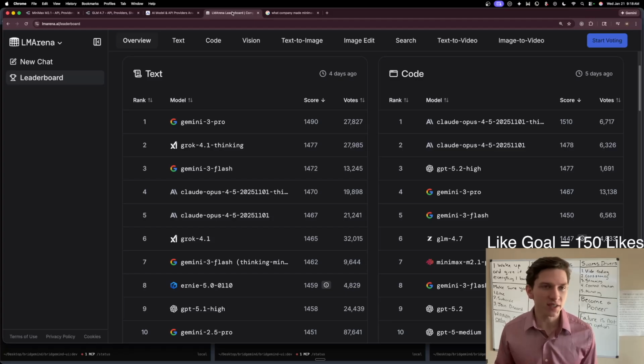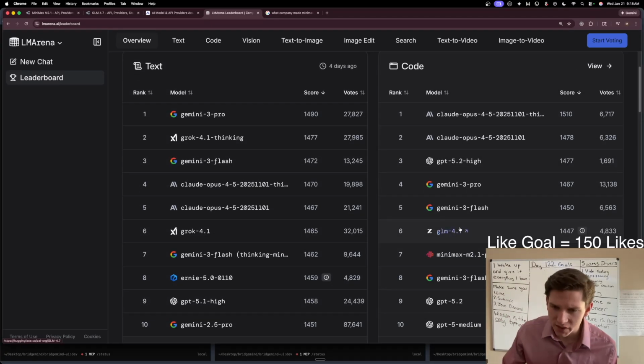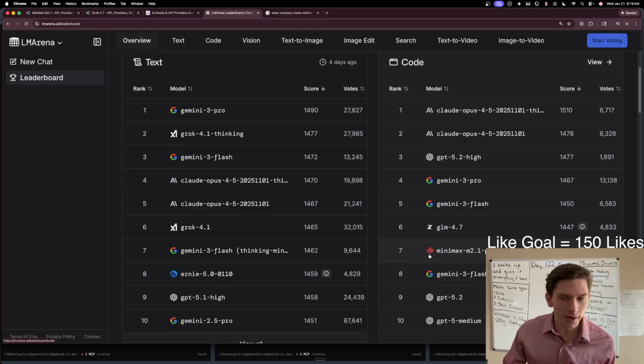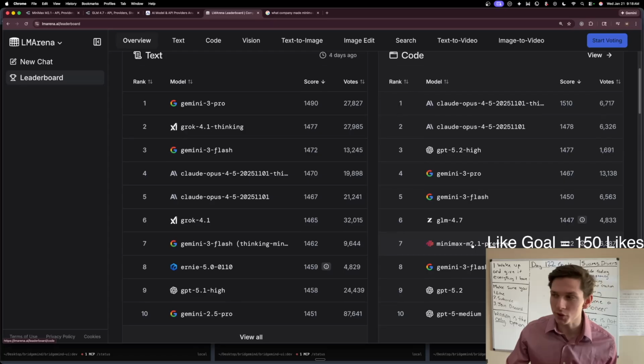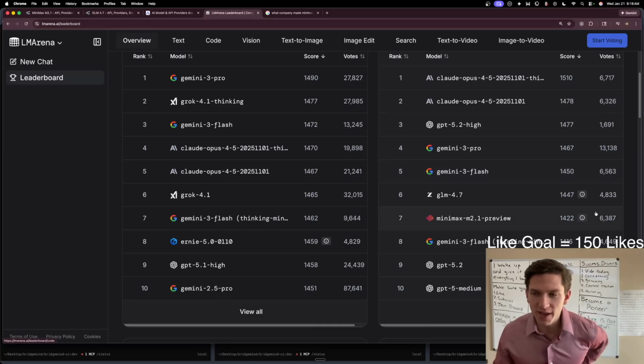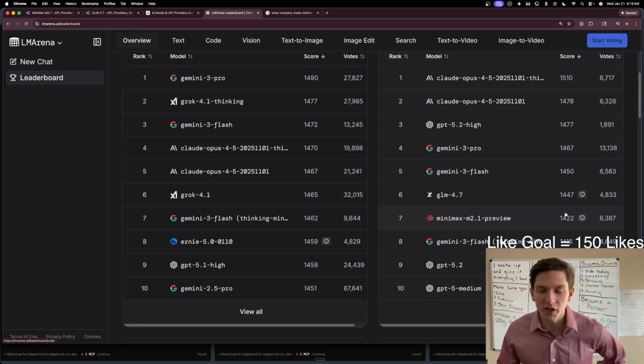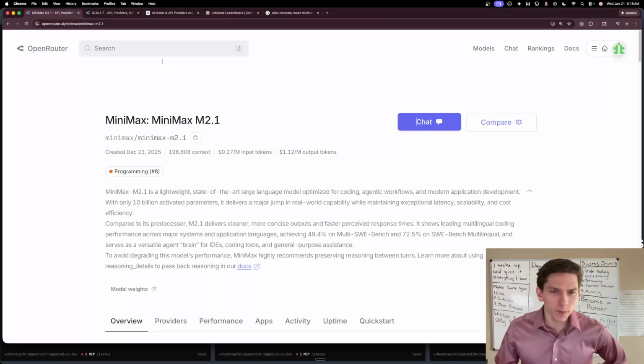And with that being said, let's get right into testing out this model and vibe coding with MiniMax M2.1. So first things first, LM Arena, you can see here, it's ranked 7th on LM Arena. I think that LM Arena is good to look at for leaderboards because people use it and then they vote on which models are better. So you can see it has 6,387 votes, which is pretty good. It has a score of 1422, so it's going a little bit under GLM 4.7,